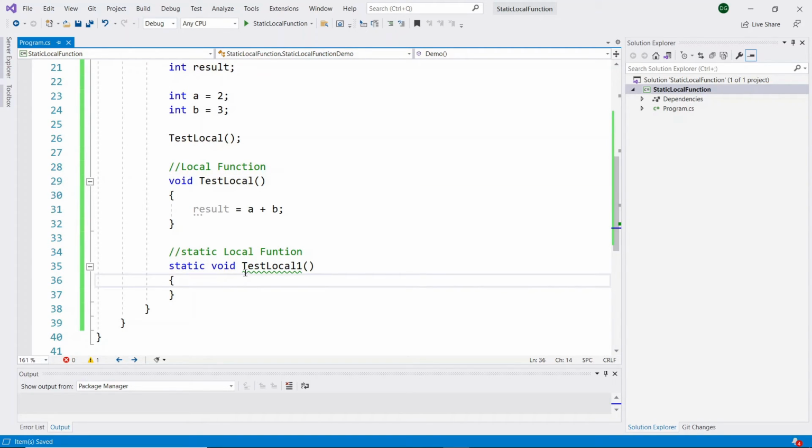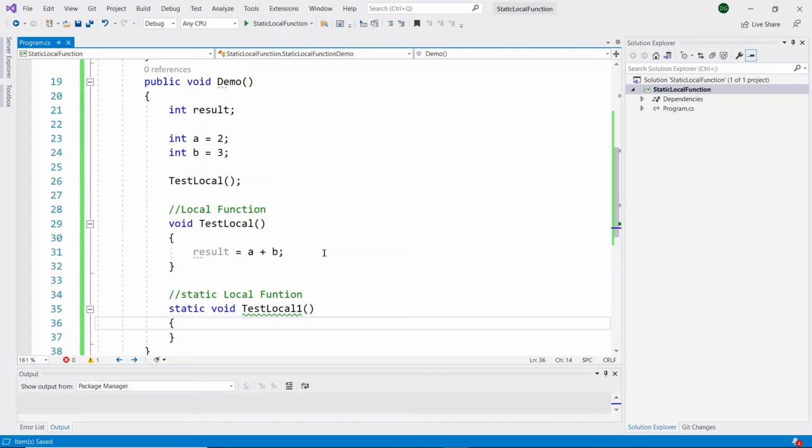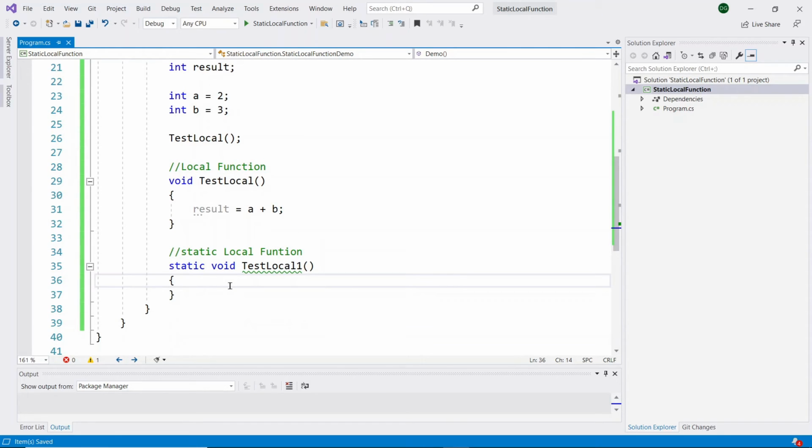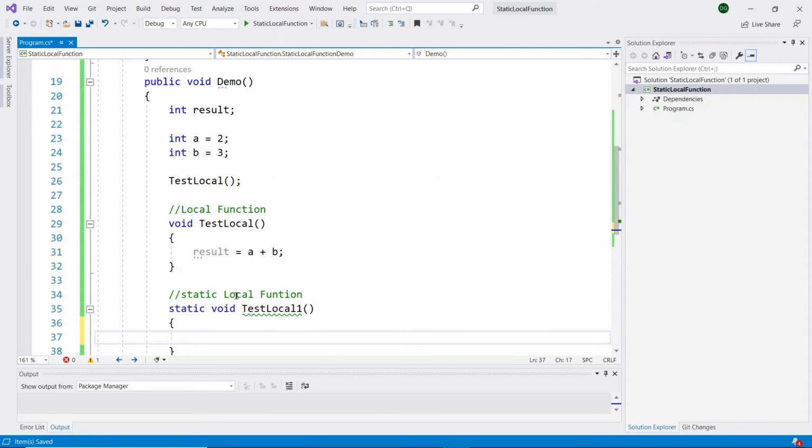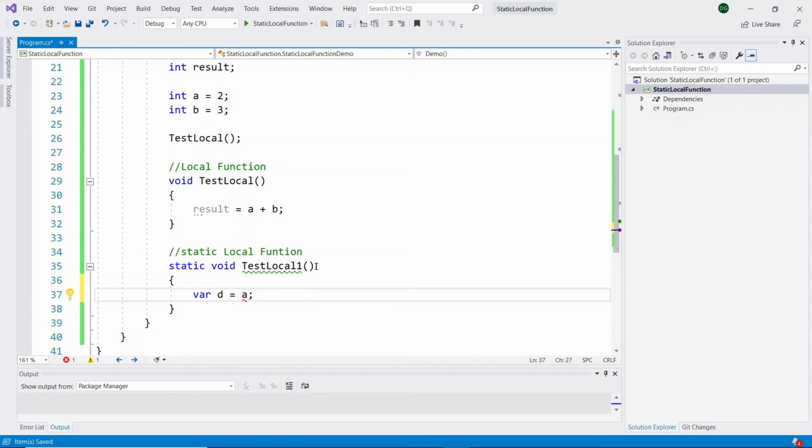If I try to access any local variables of my method inside a static local function, I get an error. Now I will try to access these local variables. Here you can see that I'm trying to access a local integer a inside my static local function. I'm getting the error like static local function cannot contain a reference to a.